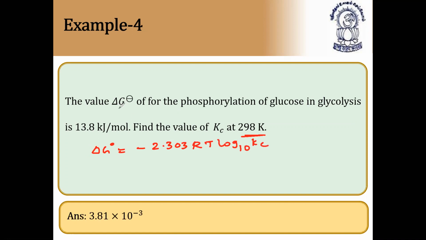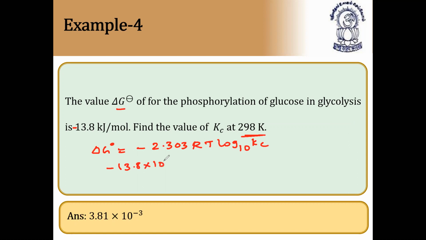Since they have given delta G degree value as minus 13.8, this should be minus only, because if delta G is negative, then only the reaction takes place. If delta G is positive, the reaction will never take place. As the reaction is not taking place, we cannot calculate Kc also. So that's why minus and minus get cancelled. So delta G, that is minus 13.8 kilojoules per mole,